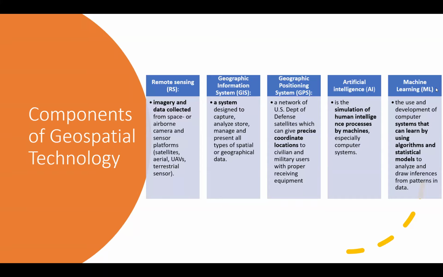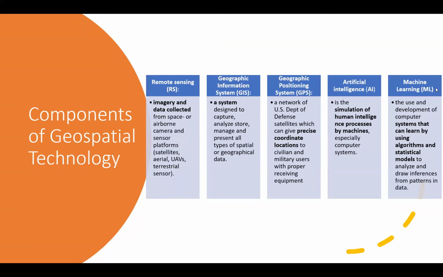In a geographic information system, we try to attach some attribute to it. If any red color is there, what does that red color mean? Green color, what does it mean? Blue color, if it's a water body, then again in the water body we can say whether it is a river, a pond, or a lake. Then again we can say whether it is a deep water body or a shallow water body based on the color of the water. So this is geographic information system.